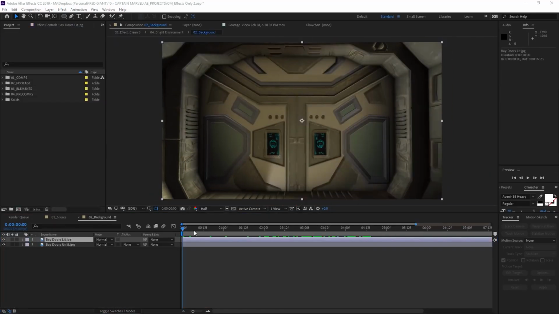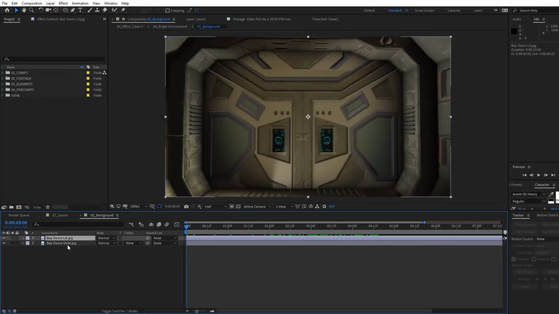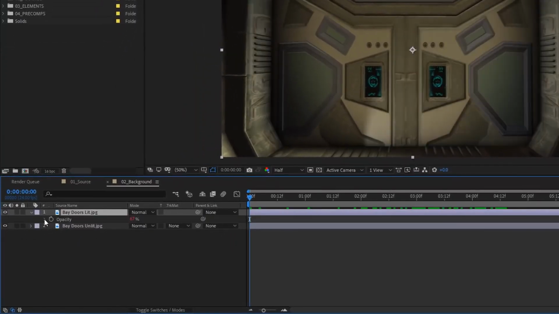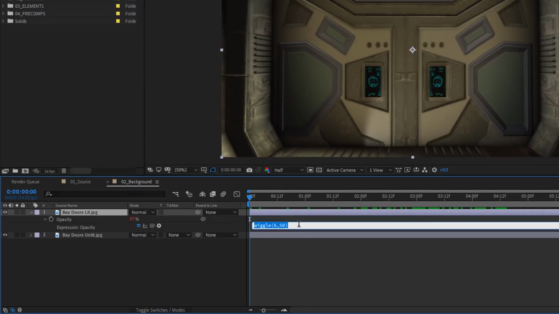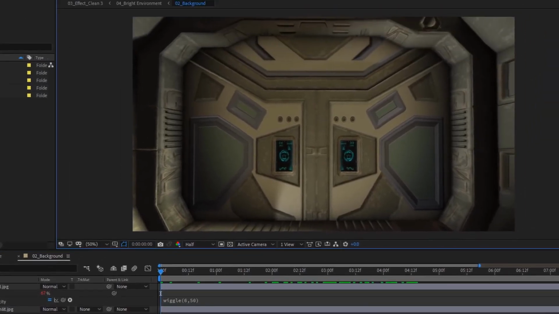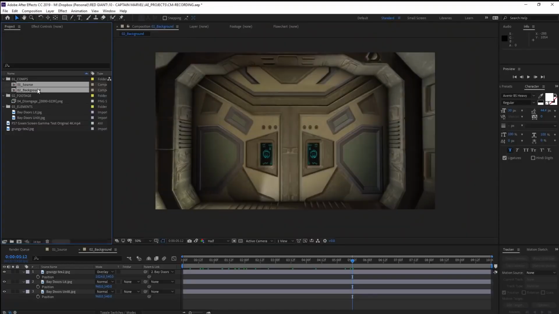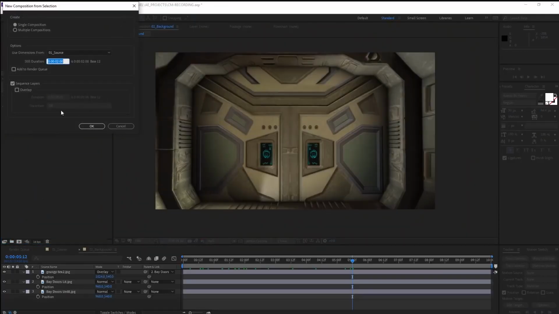Now the cool thing about this is you can throw these 2 images, the unlit and the lit layer, on top of each other. And then if I add a wiggle expression to the opacity of the lit one, the result is this really lightweight backdrop with some interesting lighting going on. So now we've got a source character and a background, and I can finally start putting together my first shot